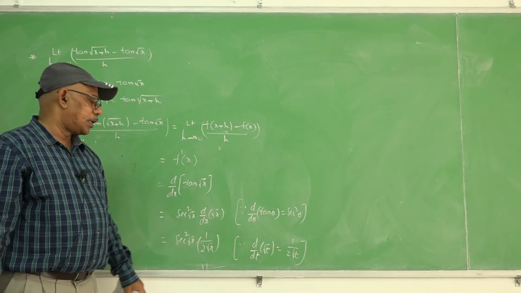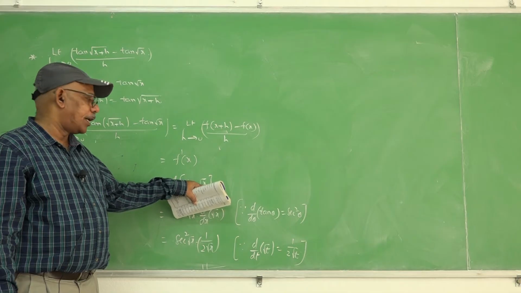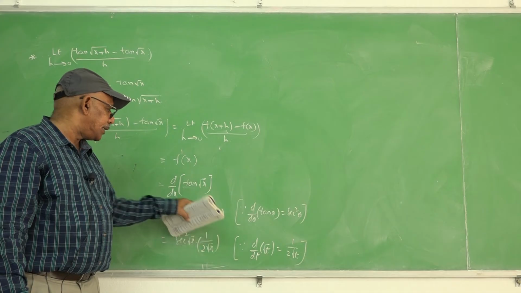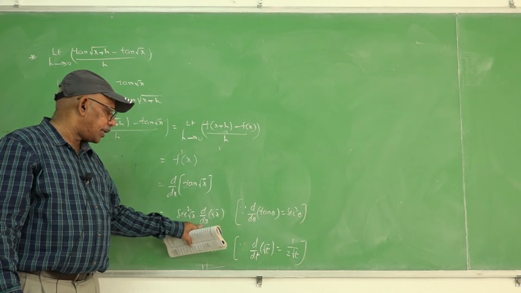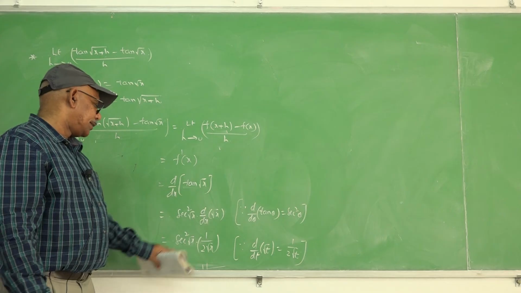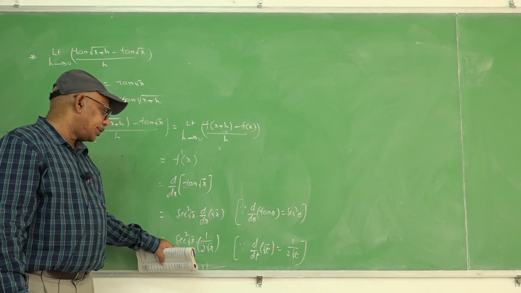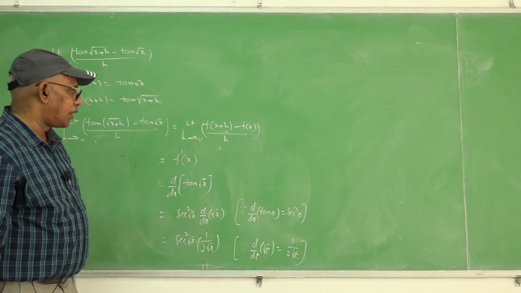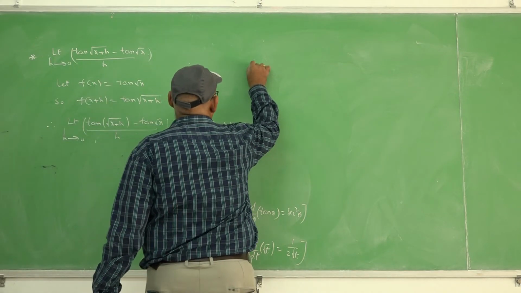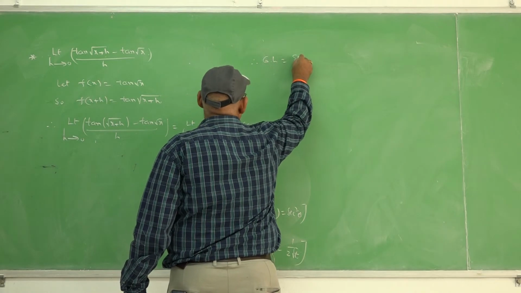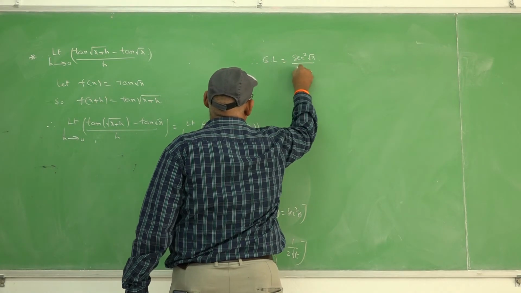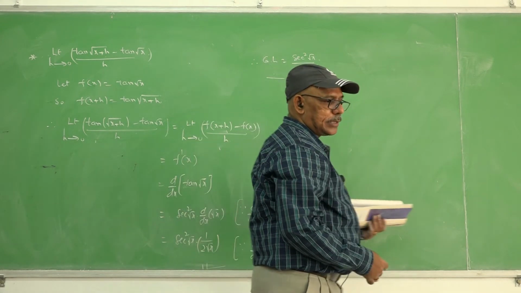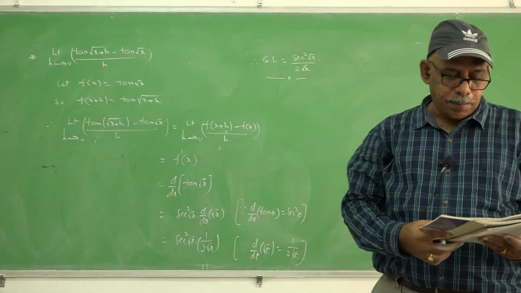So based on these formulas, the derivative of tan theta, once you assume root x as theta, is secant square theta. Whereas theta is a function of x, hence again you have to consider the derivative of root x separately by the function of a function rule. So this is secant square of root x into the derivative of root x, which is 1 by 2 root x, based on that formula. Hence the required limit is secant square of root x by 2 root x. This is our answer. In such a way you can evaluate certain limits based on the derivative.